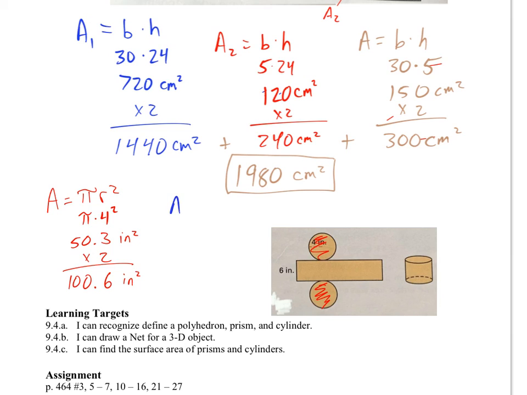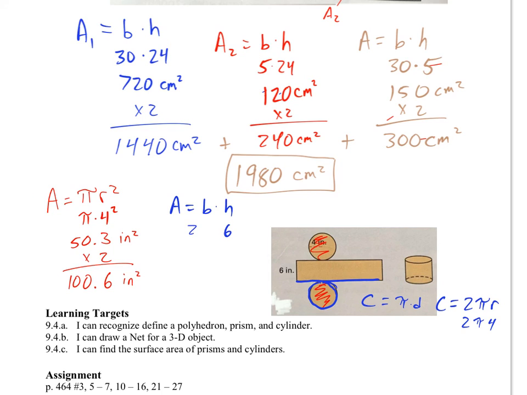Now, our next shape's a rectangle. So we do area equals base times height. And the 6 is the height. So we put that in for h. The base is... Don't you have to find the circumference? Perfect. Yep, base is the circumference because this length here is going to wrap around my circle. So if we figure out the circumference of the circle, C equals pi times diameter, or C equals 2 pi r. Which one's easiest? 2 pi r. Perfect, because we know the 4. Or you could just say diameter's 8, radius is 4. And either way we get 8 times pi, which is